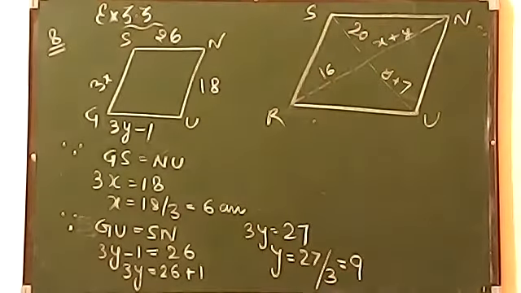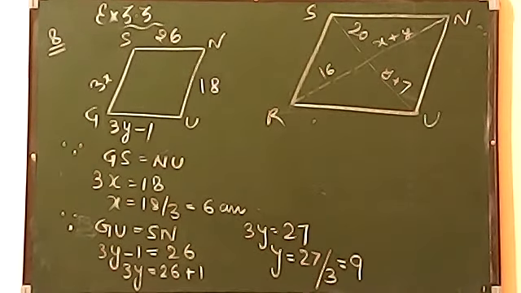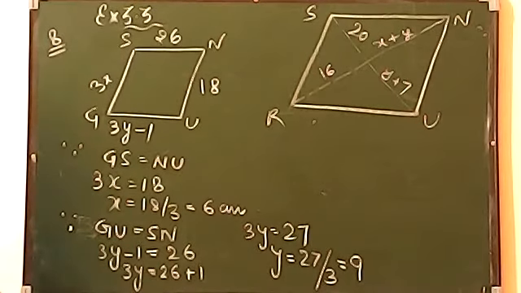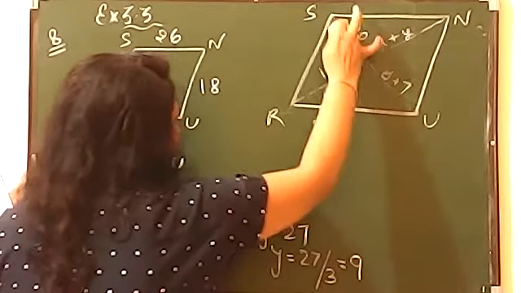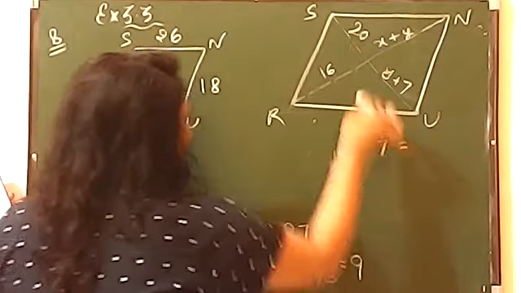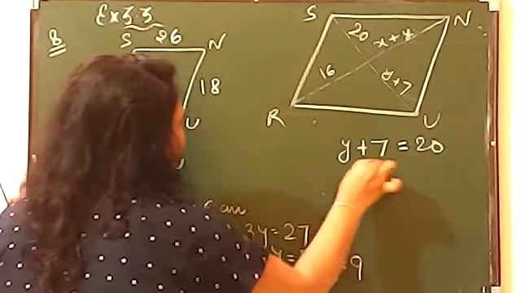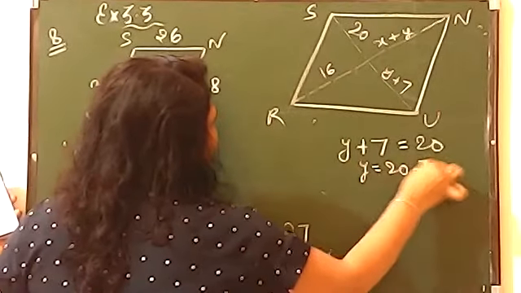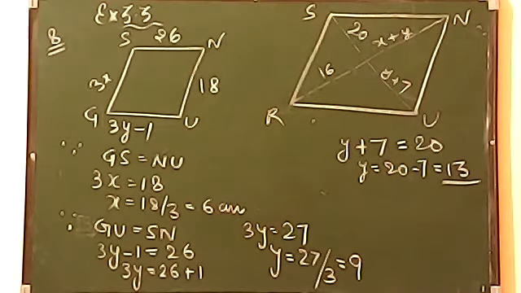Son, if you see this figure, it's again a parallelogram and you know the values of the sides are not given here, the values given are of the diagonals. And the property of diagonal says that diagonals are bisecting each other. It means whatever this part is, the same will be this part, and whatever this part is, the same will be this part. So first what do we do, we'll write it down. Y plus 7 is equals to 20, from which we will get the value of y. 20 minus 7, that we have got it 13. We have got the value of y, that is 13.